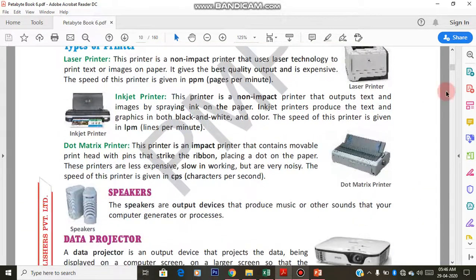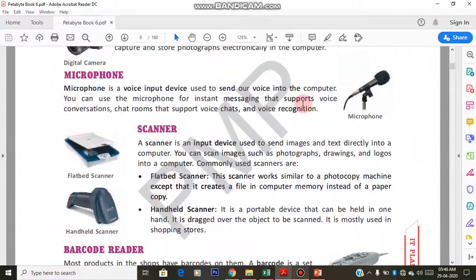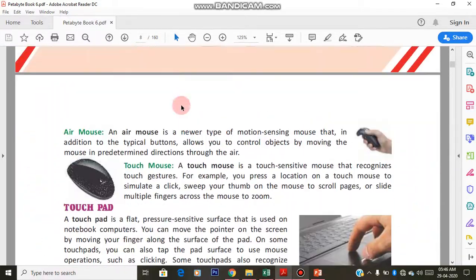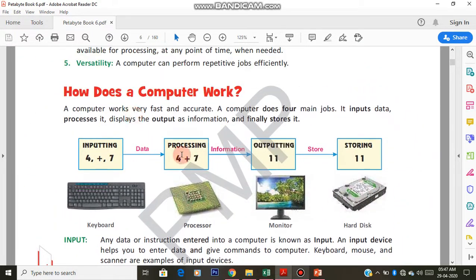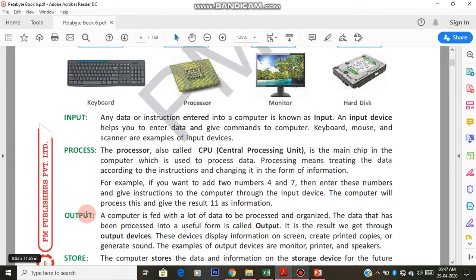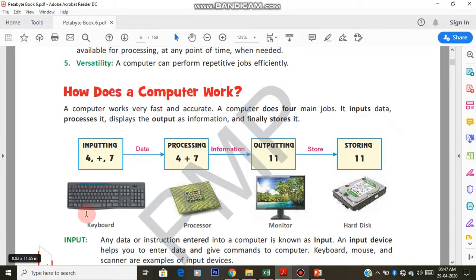These many output devices. So I want you to go back again. Here we have seen the complete process of how the computer works, right? The first step was input, next was processing, third was outputting, then the last was storage. So till now we have seen all the devices which we use for the first process, input devices, right? Input devices were keyboard, mouse, scanner, handheld scanners, or mics. All this comes under input devices.